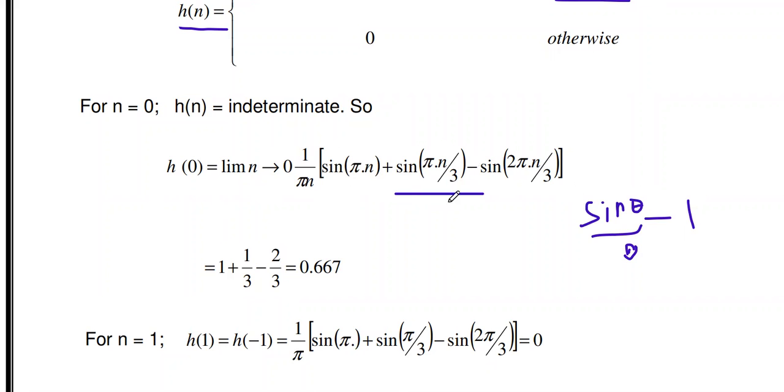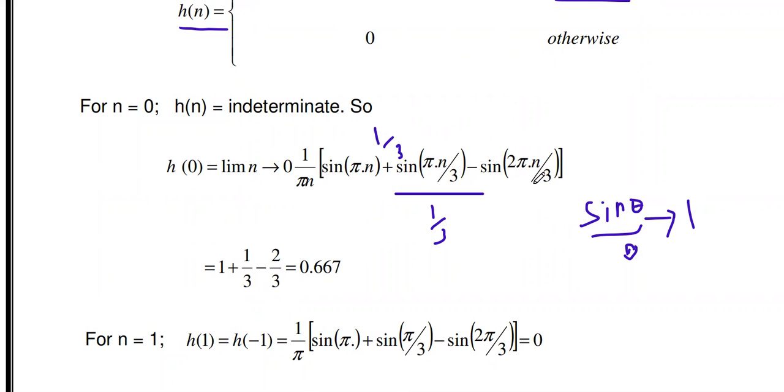If we want to make this denominator pi n into pi n by 3, you just multiply the second term's numerator and denominator by 1 by 3. So except this 1 by 3, what is this term? This term can be written as sine theta divided by theta, and that answer is 1. So that's why the answer is 1 by 3 into 1, that is 1 by 3.